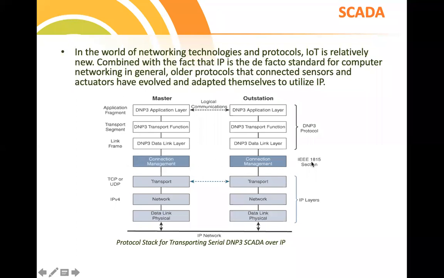That is an intermediate protocol, IEEE 1815 section. You can browse on the internet, you'll get plenty of APIs and white papers. Then we have the link frame protocol, which accepts data from the lower level and transfers it to the upper level. Then transport segment, application fragment. We'll see this SCADA in detail in tomorrow's class.